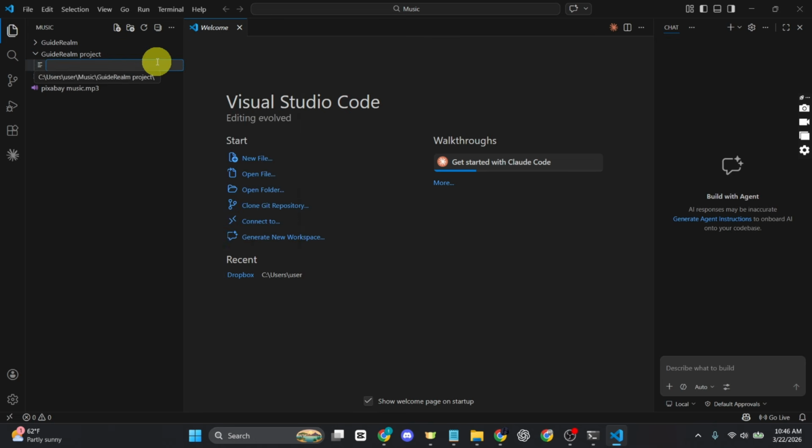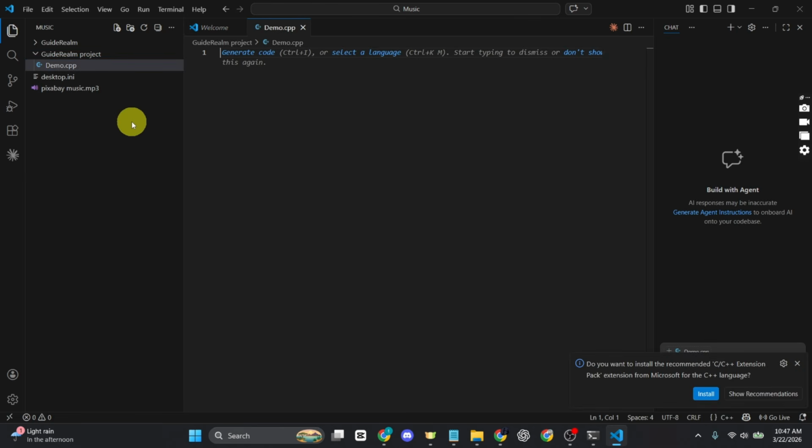You can just name it anything, and for the sake of tutorial, I'm just gonna name it demo.c. You can just type .c for a C program, or you can just type demo.cpp for a C++ program and just hit enter. And when you create a file,